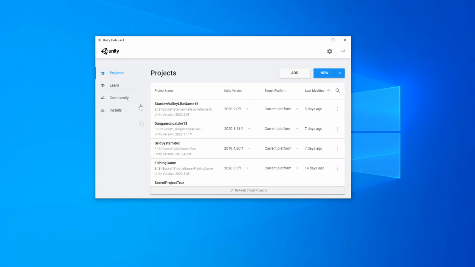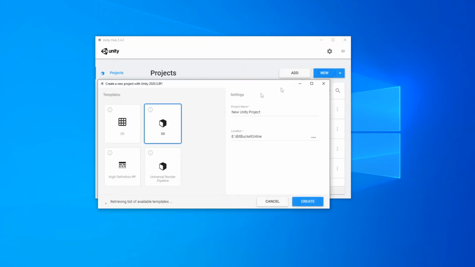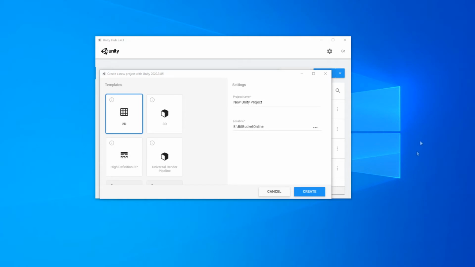After Unity is done installing, we will be able to create a new project by going into the projects, which will be blank for you, and pressing either this small arrow button if you have multiple Unity installed, or simply pressing New. Then you will be prompted to name your new project and select the preset. We will be going into more details about presets like High Definition RP, Universal RP, 2D, 3D, differences between them, but right now we will select 2D preset and continue.